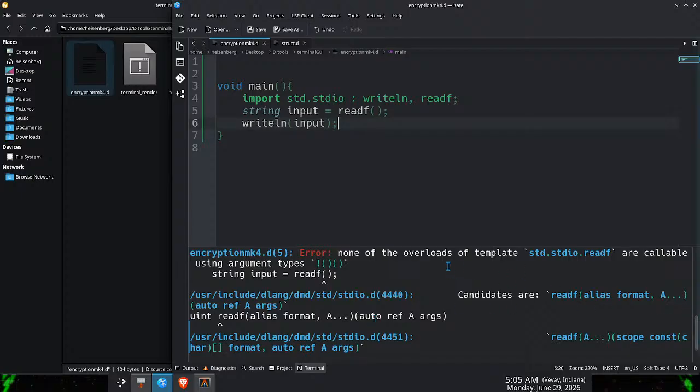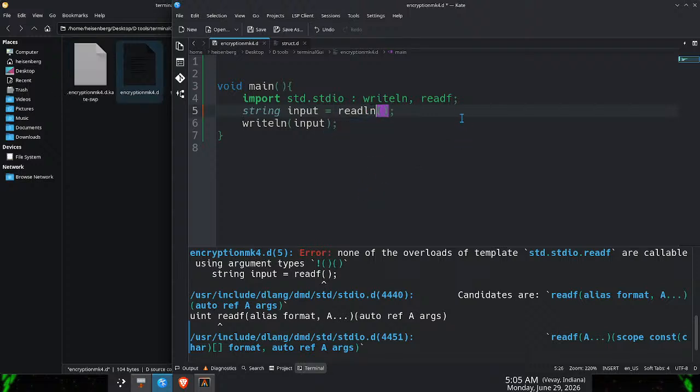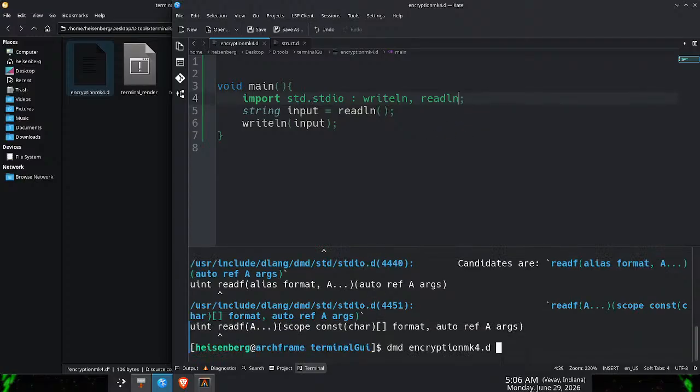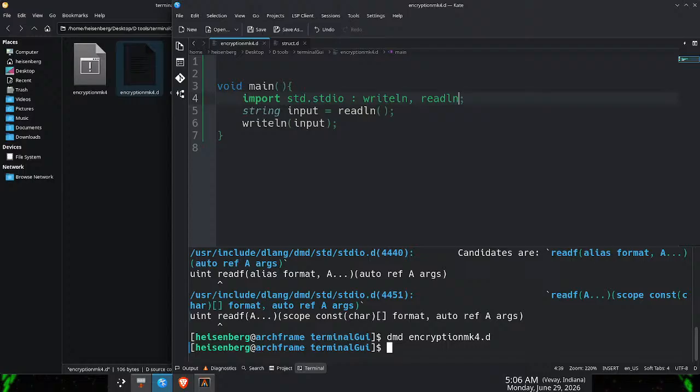Readf alias format. Hold on. How do I read lines again? I could do readln, I think. Readln and readln. Control S. DMD. Alright, so now